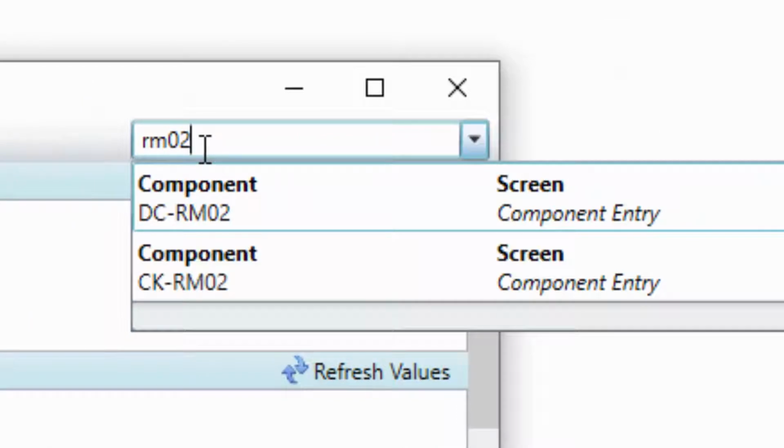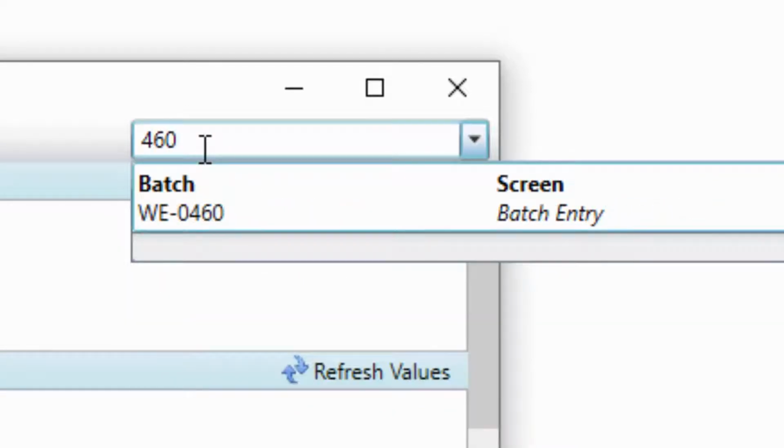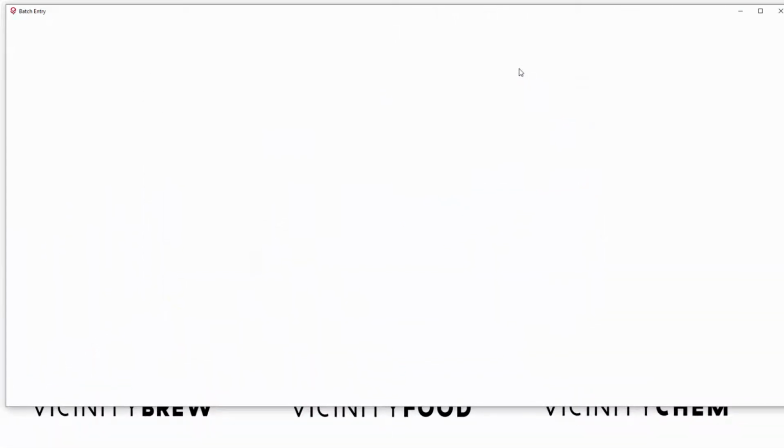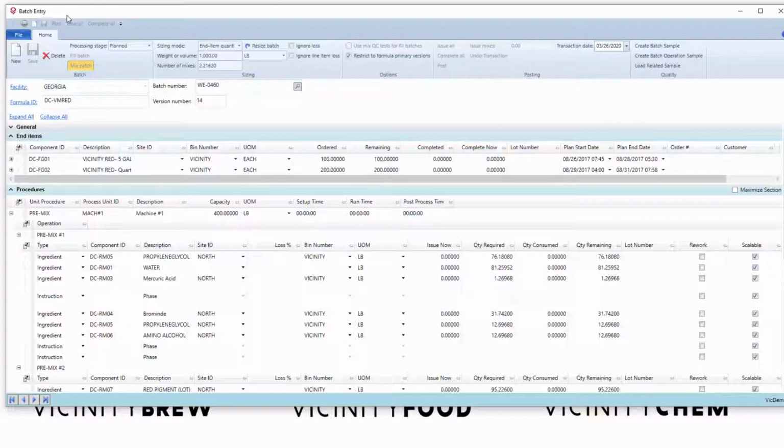through this navigation dialog box, lookup box. You could look up a part number, in this case RMO2. We find two different components, and then if I type in 460, that's a batch number. Of course, I can select that, and it'll navigate me. It'll drill back, opening the screen that's tied to that record, as well as bring up, in